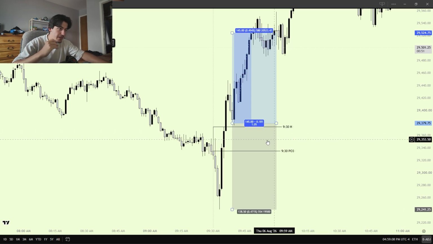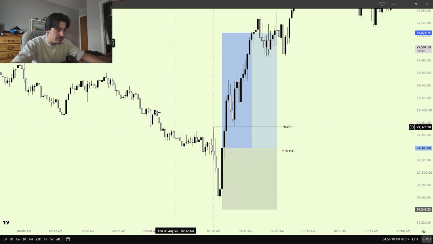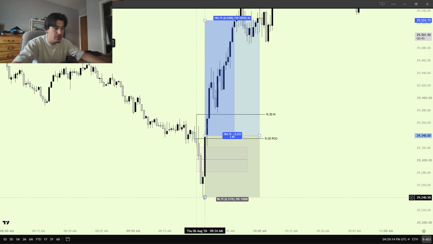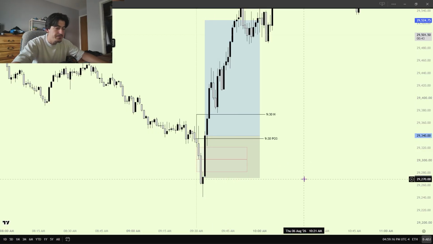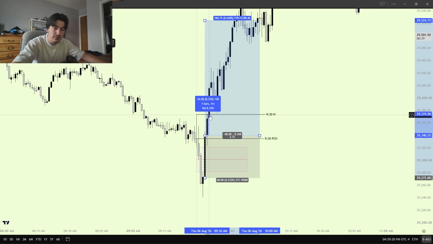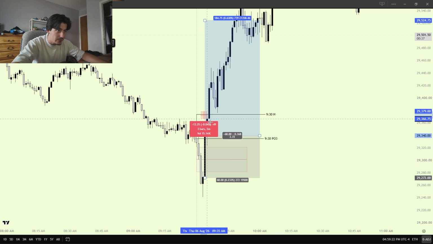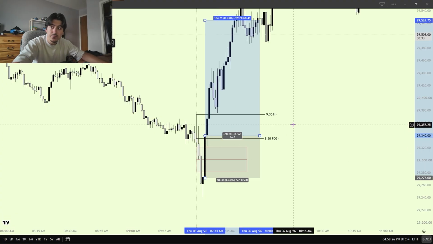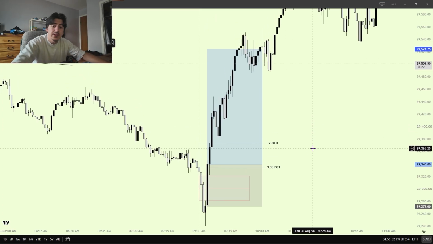Because in the event that you entered here off this inversion, your stop is at this low or at the body. If we come up, tap this, and you go break even, and then we end up coming back down, tapping into this gap, and you get stopped out for break even, your trade idea is not wrong. So there's no reason to go break even. That's a mechanical way to trade.